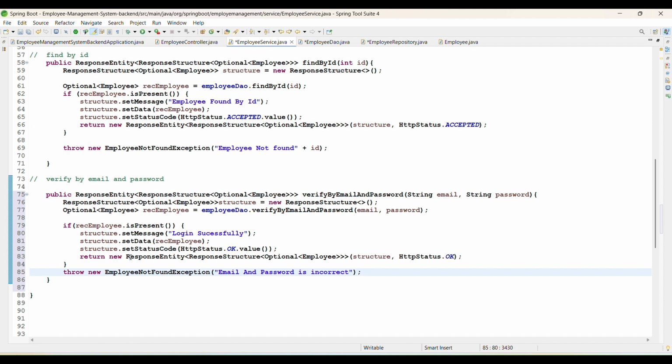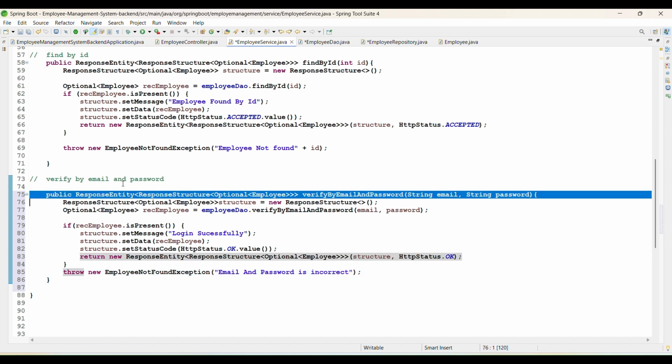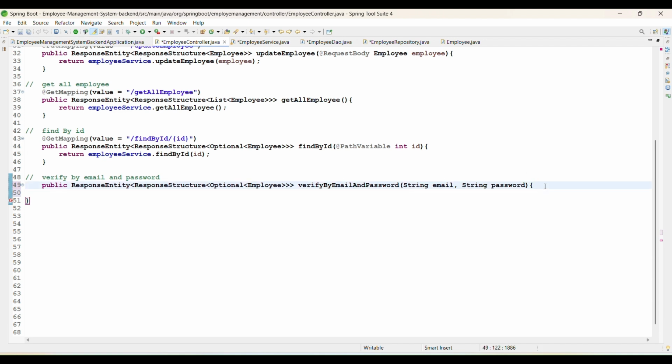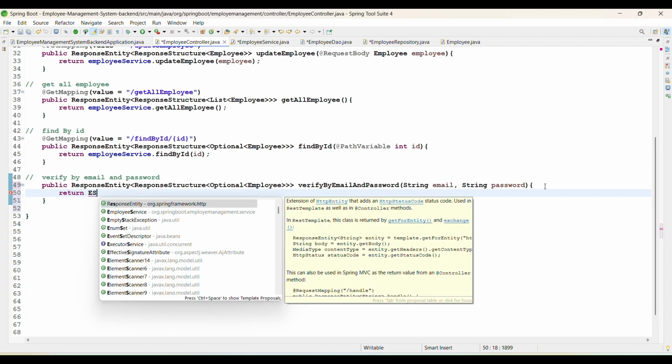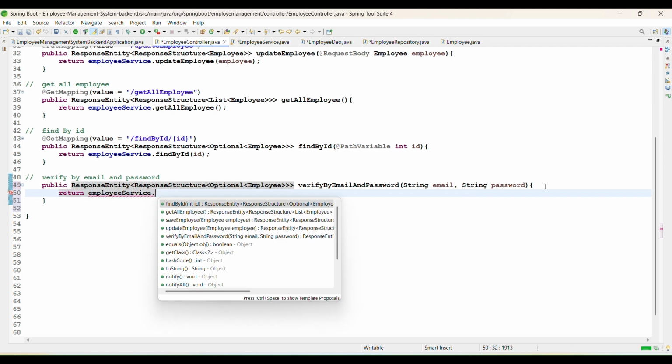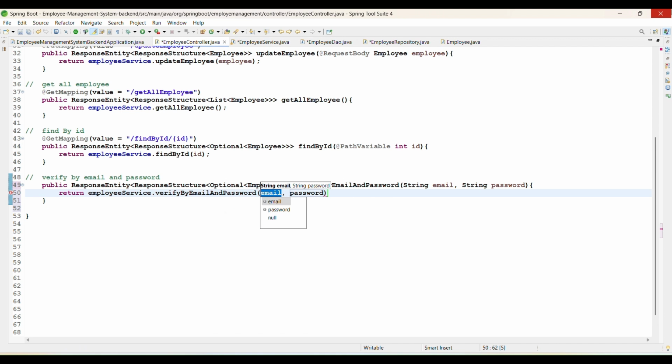Yeah, and let's go to the REST controller to complete our method. Just copy and paste the first line. Return employee service dot verify by email and password. Yeah, and then we also need to